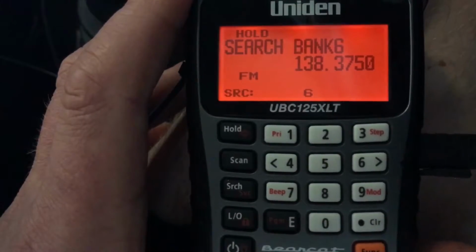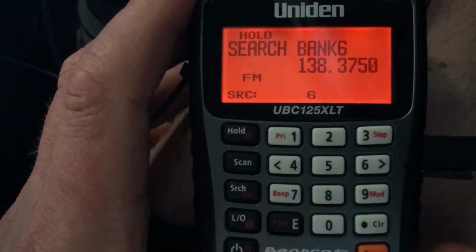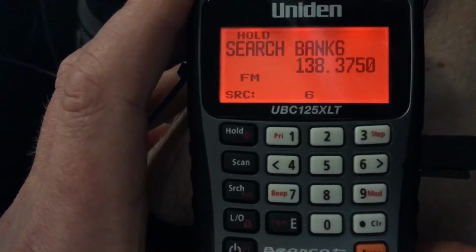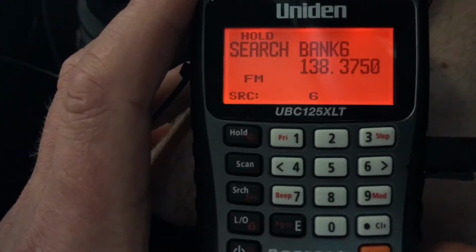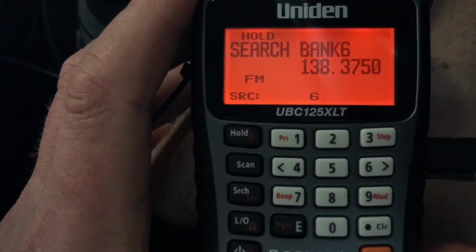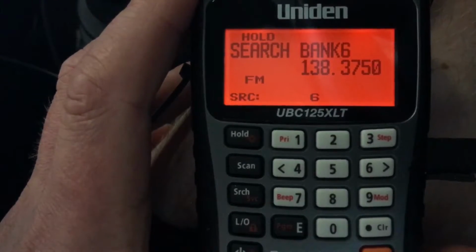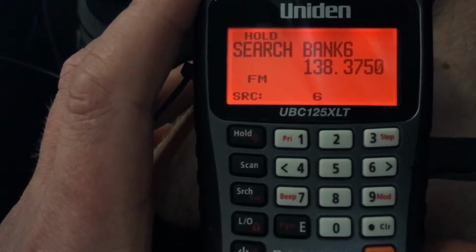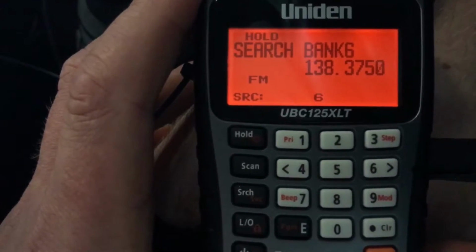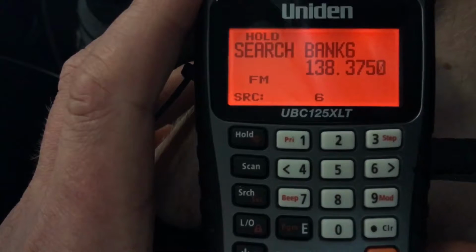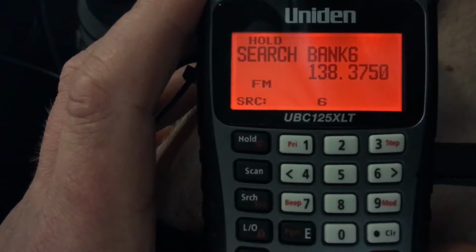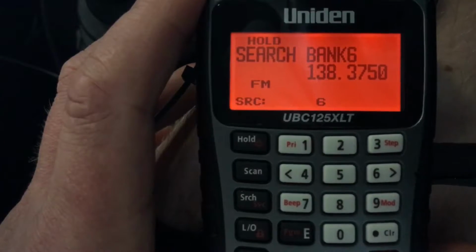Someone asked, how do you change the step rate? Now the step is only used when in search mode, or VFO mode as we call it in ham radio. The search rate, the step, is governed by the country you're in. So the radio has built-in step rates for different regions, but